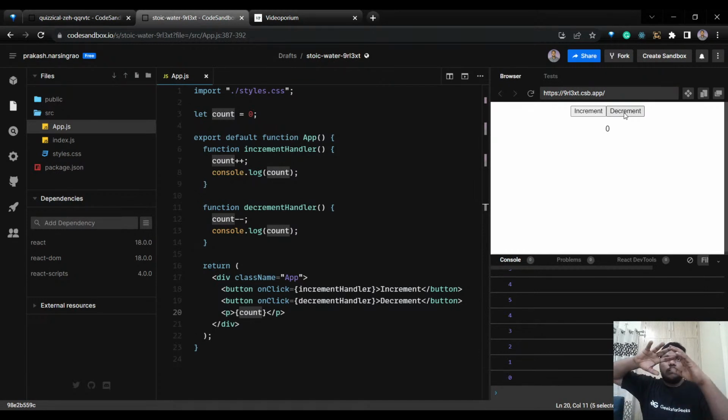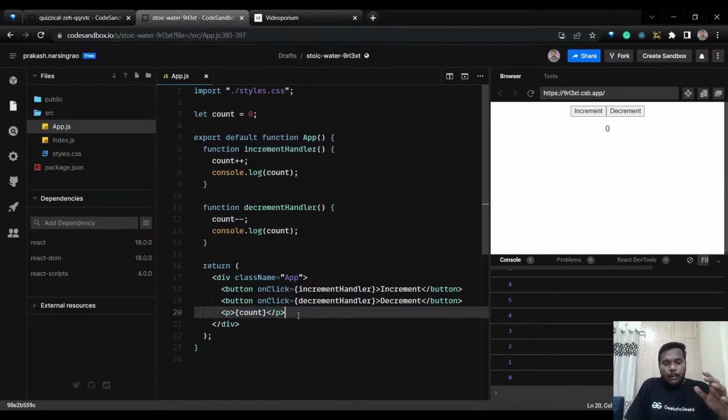You basically create the DOM again, right? In JavaScript we have the DOM tree, so you basically create the DOM tree again with the changed value. Over here, what should have happened? Since this count is changing, this paragraph tag should have been re-rendered again, right? We have to re-render it, because if you don't, it won't show the new value on the